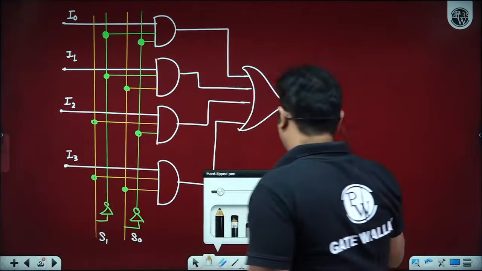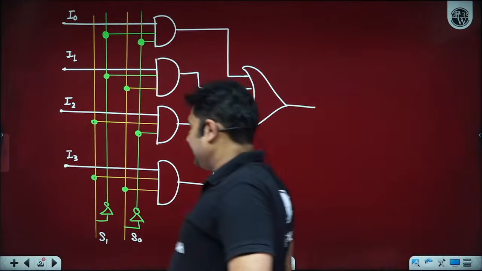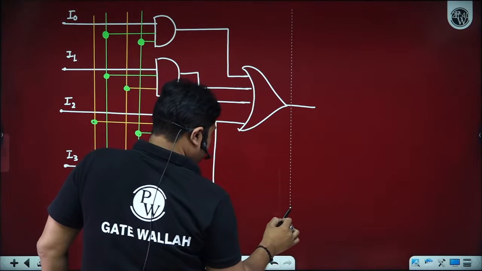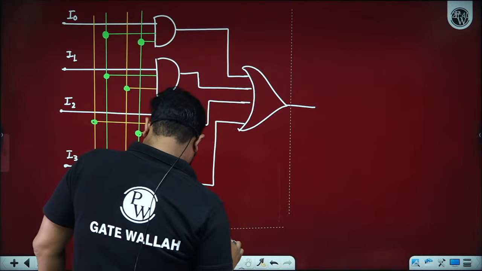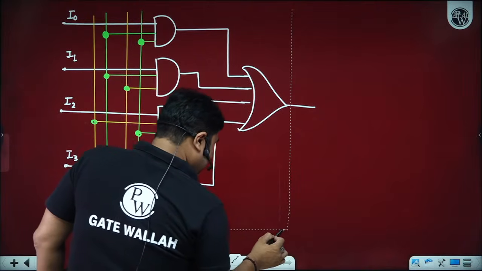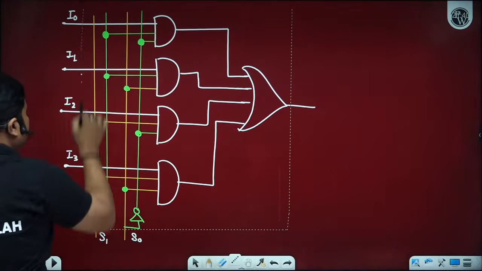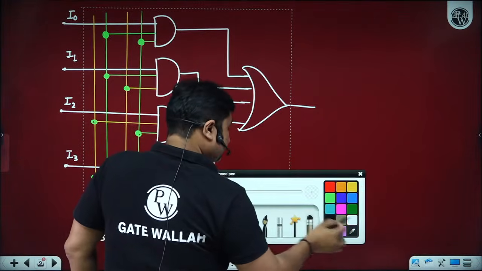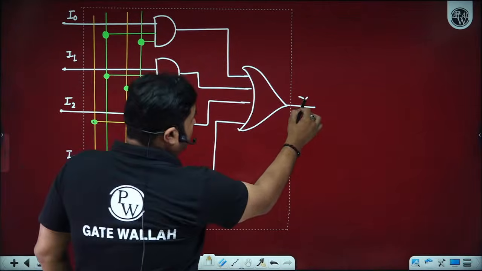So how many of you are able to understand this 4x1 size mux? Great, sir. We have a 4x1 size multiplexer. So all of you are now able to see the internal circuitry of a 4x1 size multiplexer. Beta ji, please let me know by writing in the comment section. I need your response. I0, I1, I2, I3, and we have output Y.